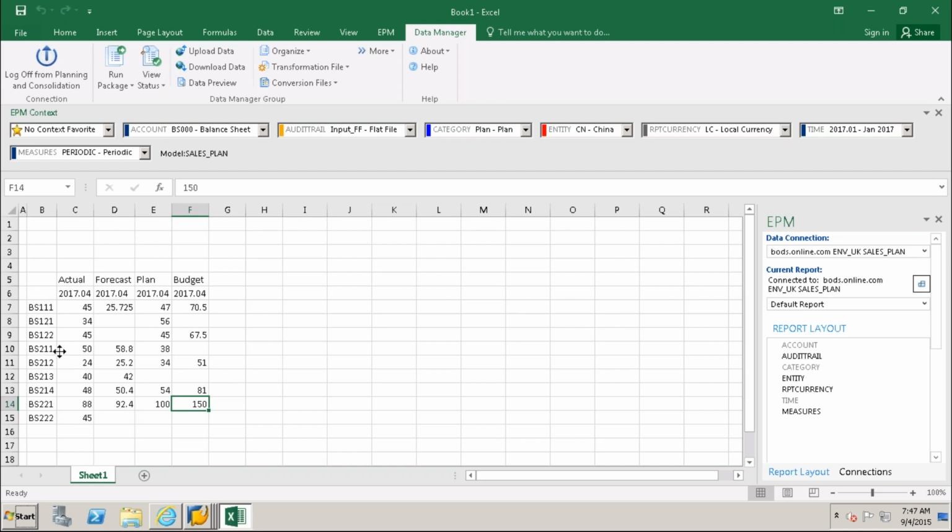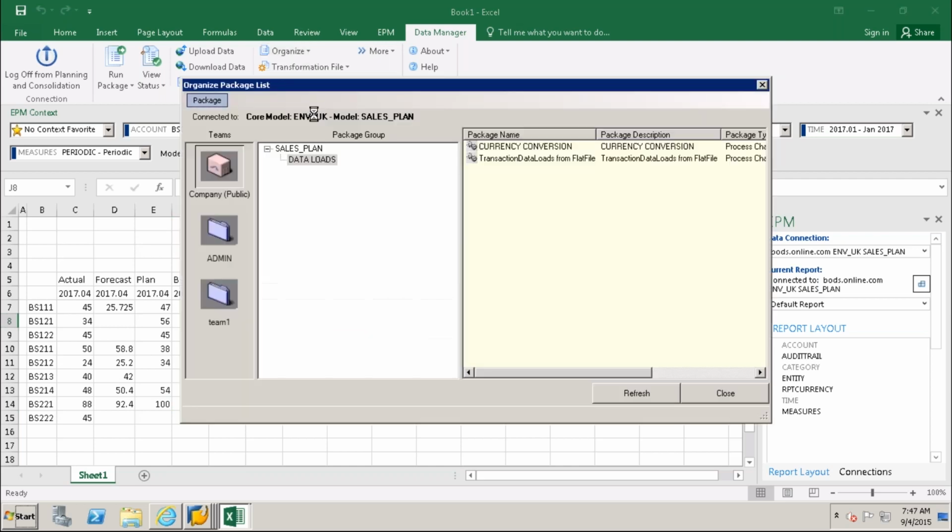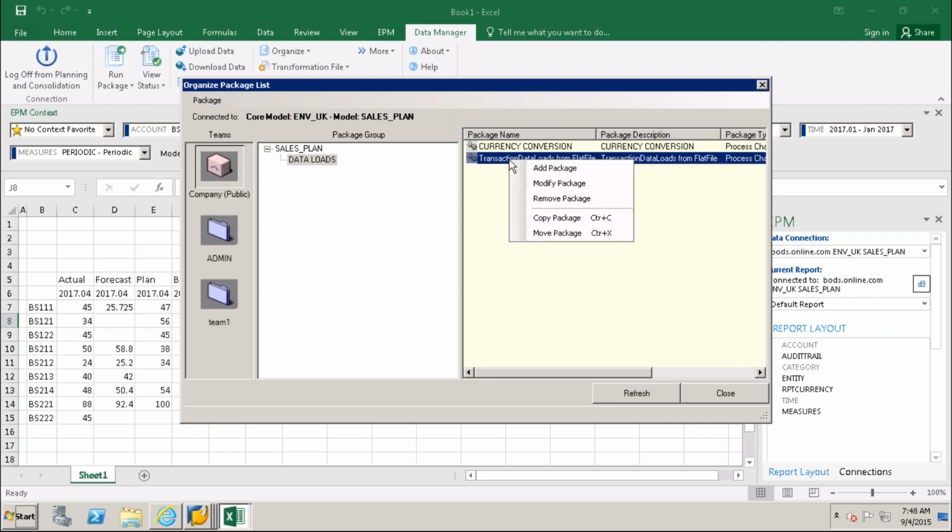I have given in the default logic that I wanted to give in my data manager package to run. So in my organization package list, this is to make some changes in the data manager package. Without giving that default logic script in the data manager package, it won't trigger. So here I will go and modify.